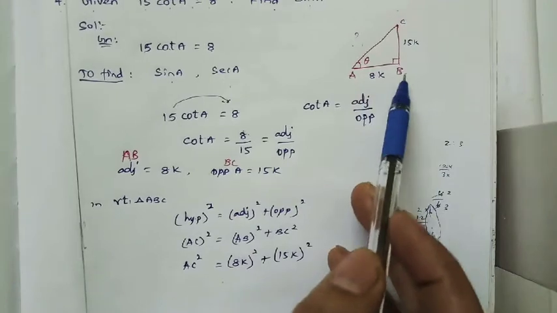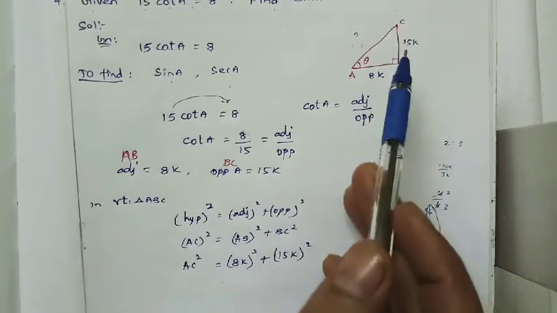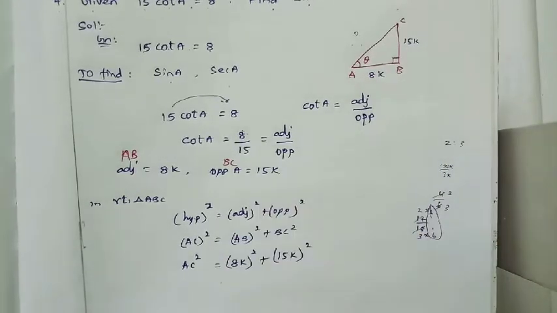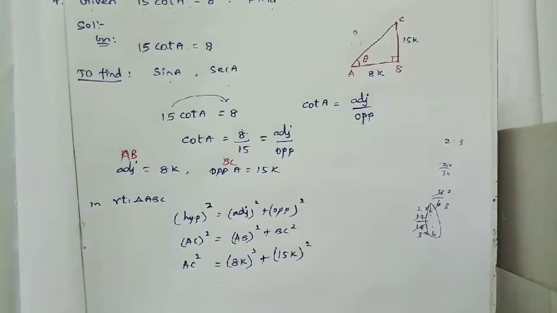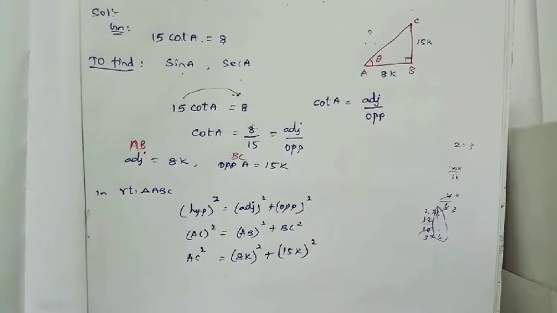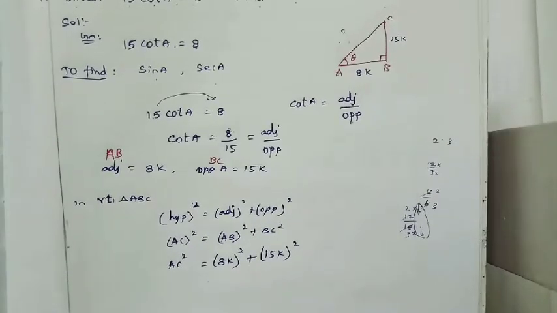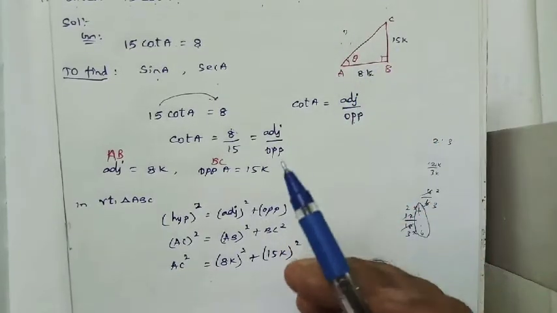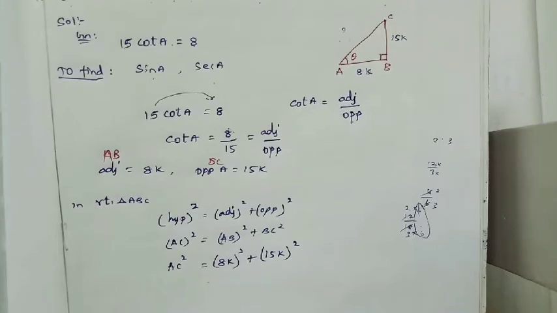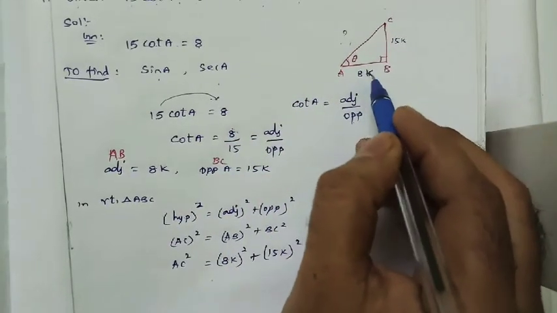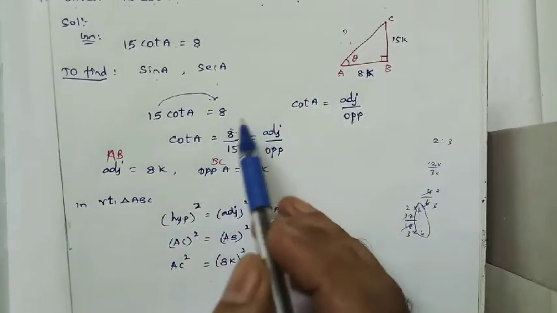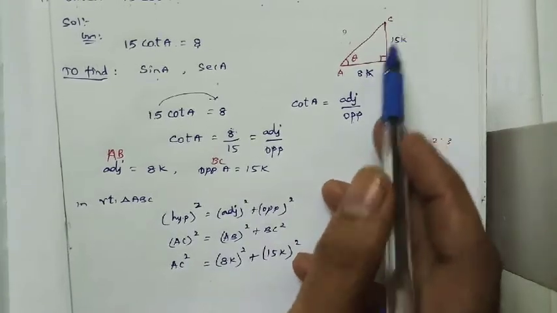See, in the first three sums we saw that they had given AB equal to 8 centimeter, BC equal to 5 centimeter. They had given the measurements, so directly we took 8, 5, substituted and simplified. But here they have given the form of ratio. That's why we are using the variable k. K is nothing but a common constant behind the ratio. Whenever we are equating with the ratio format, we have to write it in the form of k. That's very important. So now simplify.